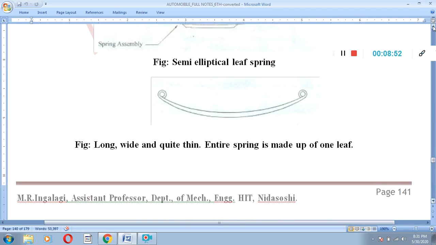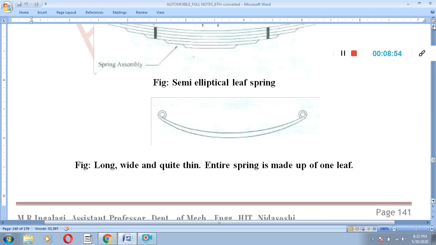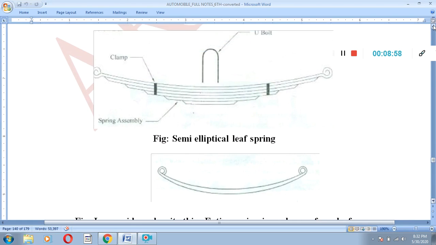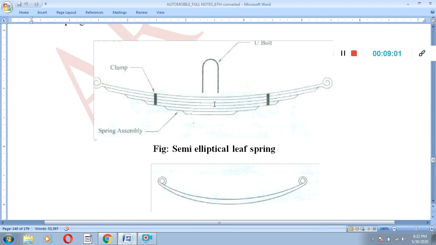Now, the first one is the semi-elliptical leaf spring. Okay, semi-elliptical leaf spring, this is what it is. Semi-elliptical leaf springs. Here